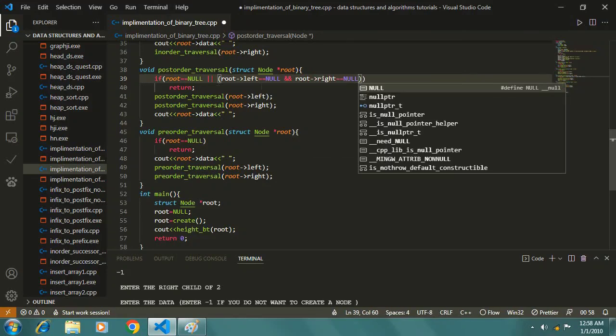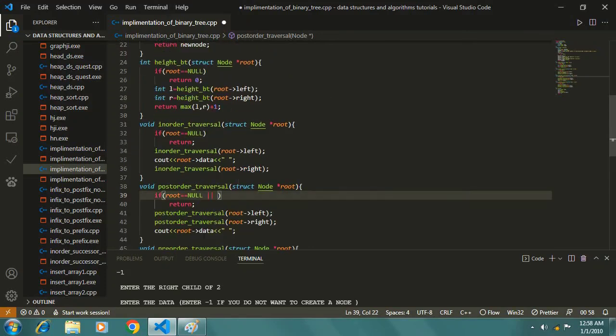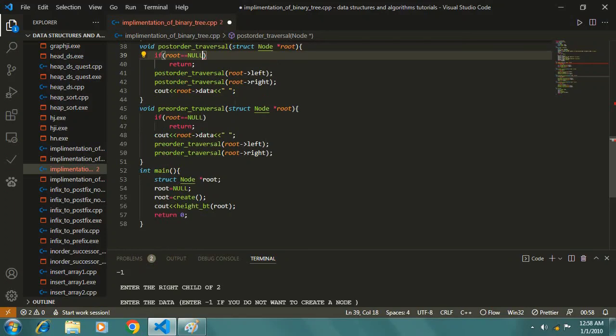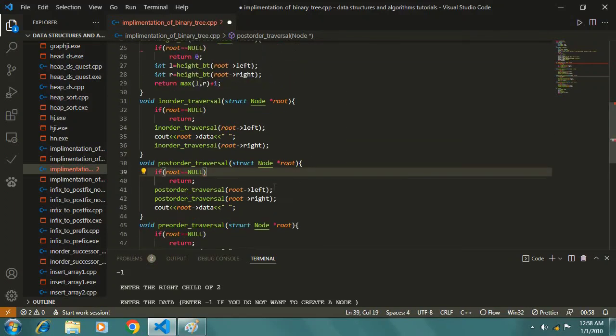Sorry, I have taken this in the postorder traversal, I need to take it into the height of a binary tree function. Control X, and let's write it into this particular function, the height function. Where is the height function? This is it.